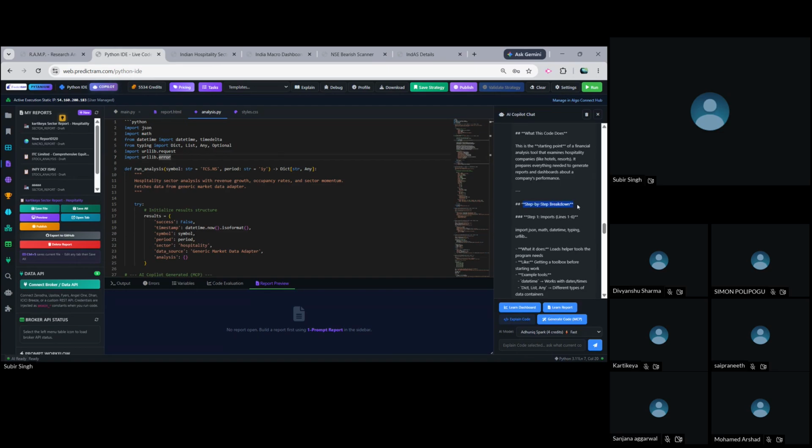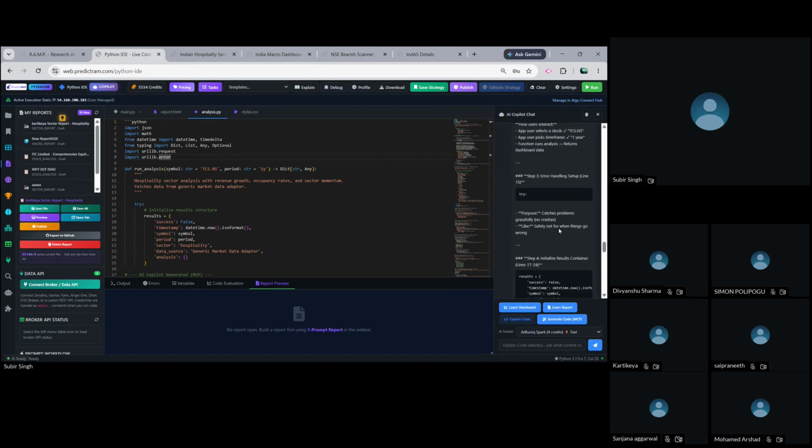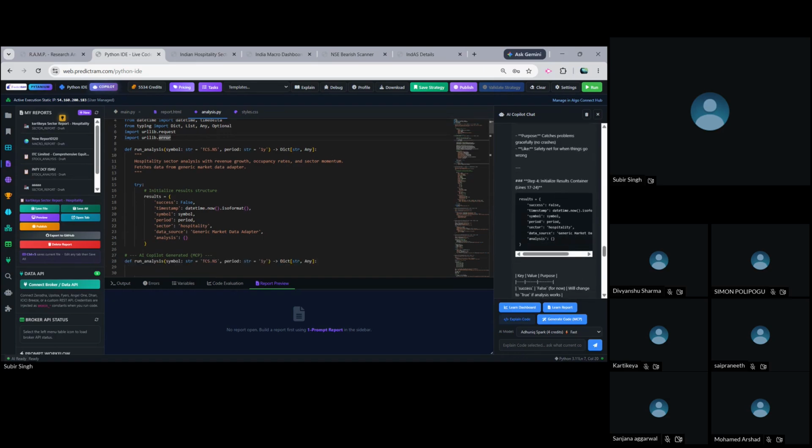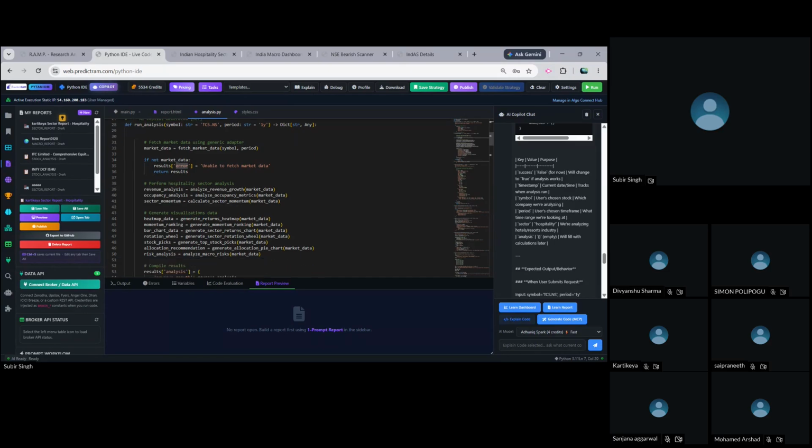So the step-by-step breakdown is: step one, import lines 1 to 6, right? What it does is load the helper tools the program needs. Again, this is very important. One by one, it will give you an explanation for every piece of code generated, so that you can learn. If you are preparing a report, just go to the explanation and read about how this report was generated using code,